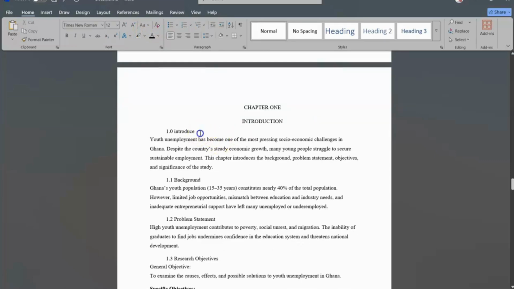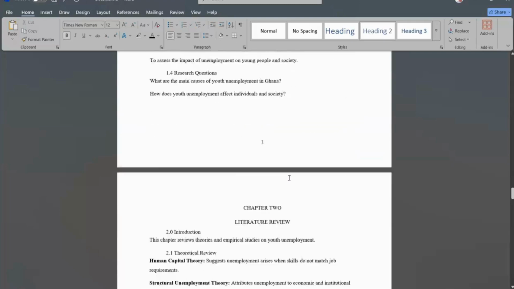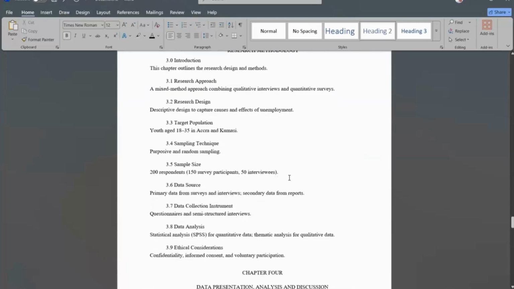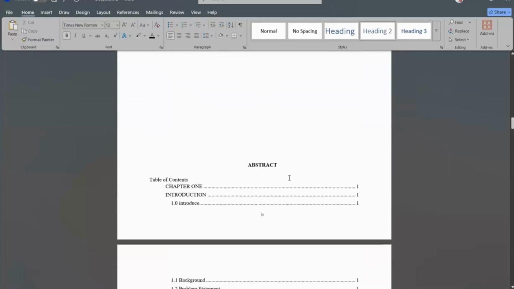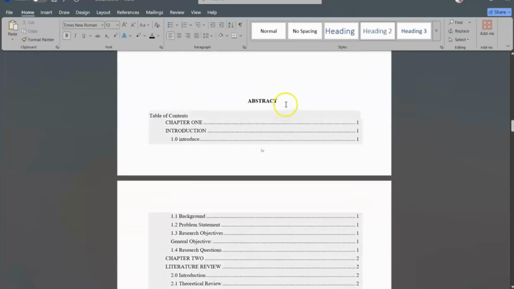The only problem is that you now have this in normal. It will not be in bold, so you just have to bolden it. And just like that, you have your work neatly done with the table of content intact. So that's just about how you go about the table